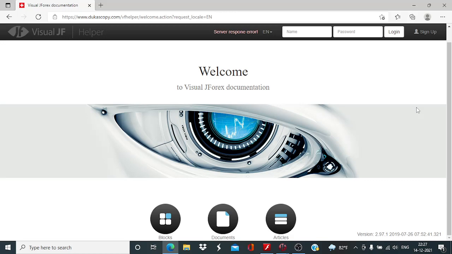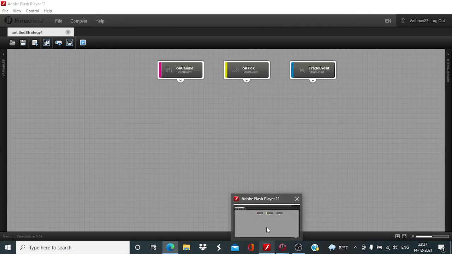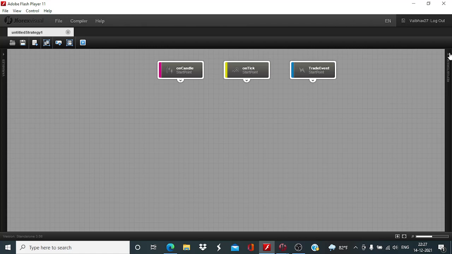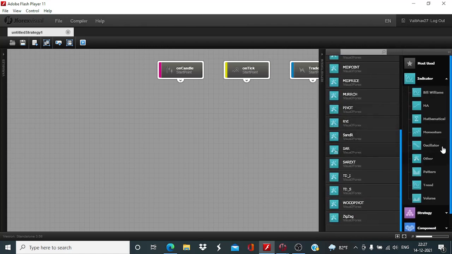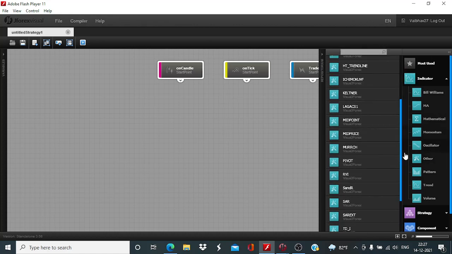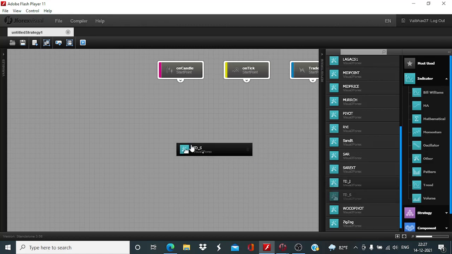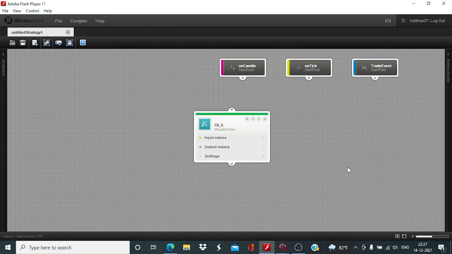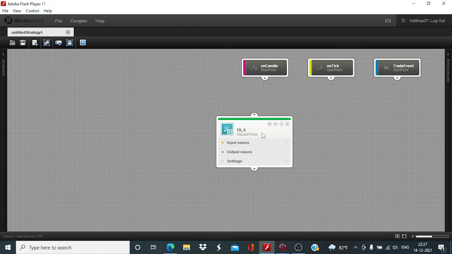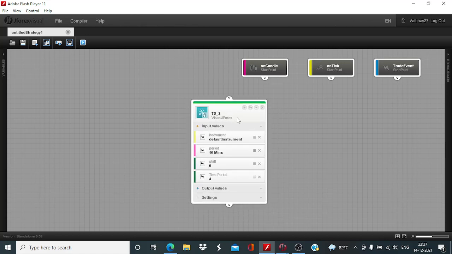Myself Vaibhav. In today's session of Visual JForex, we will be starting afresh with a new indicator. The name is DeMark Sequential, and we will see how we can design and develop an algorithmic system using this particular indicator. So let us now head to the Visual JForex board, which has been developed by the Dukascopy Bank SA. Here, this is listed amongst the other indicators just below the TDI, which we had seen in the last session. Now it's the turn of the TDS from DeMark Sequential,